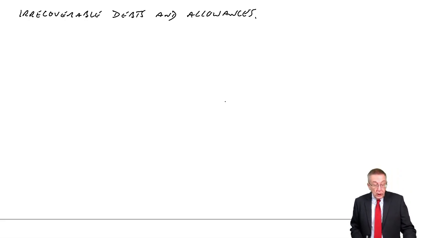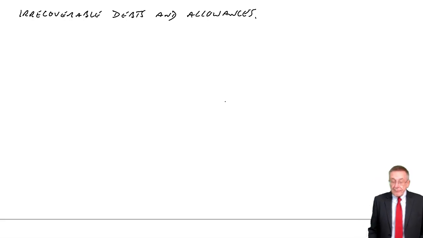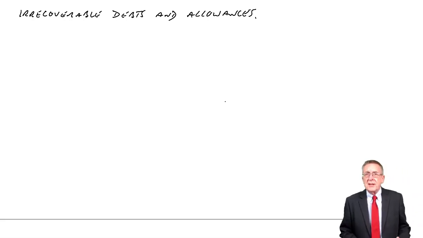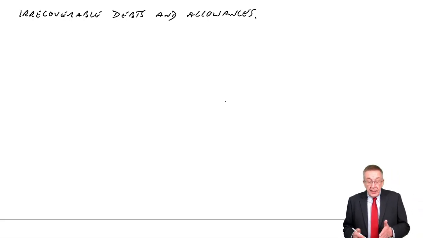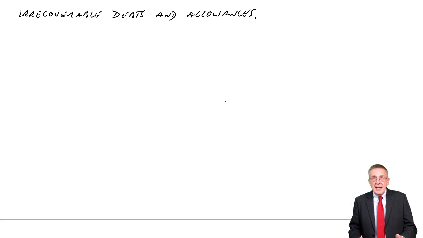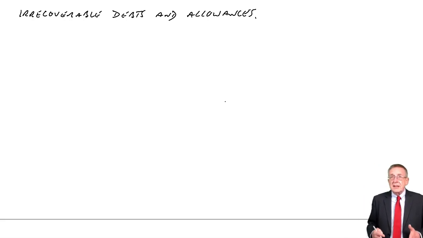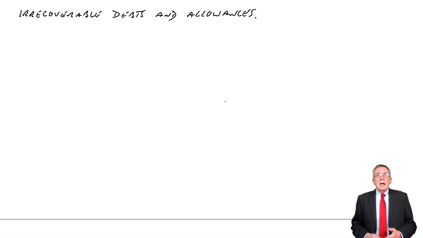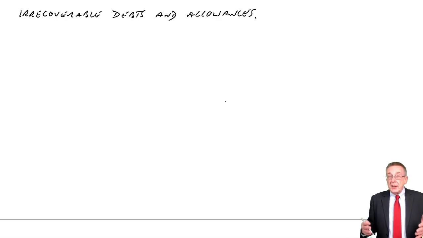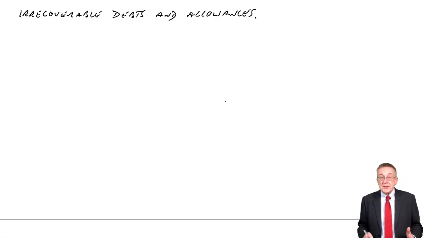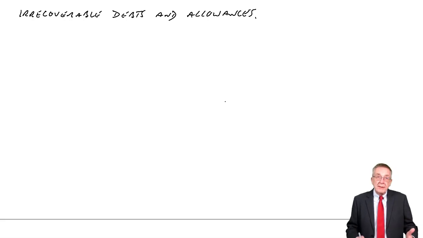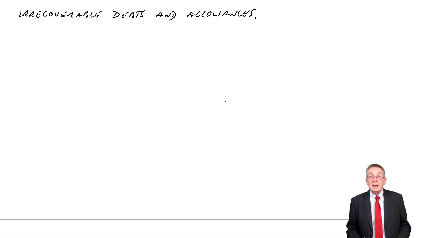And again, although it looks a very short chapter, there are quite a few things I need to go through, so I will break it down into several shorter lectures. And in this first one, let me really explain what we mean by irrecoverable debts and allowances. The point is, we'll have been selling goods on credit, and customers will owe us money. We've got receivables, and receivables, of course, appear in the statement of financial position.